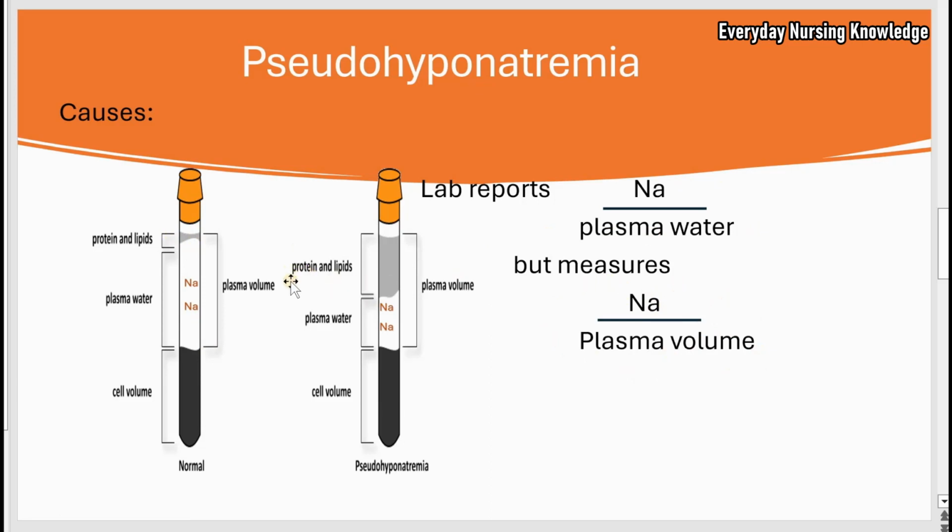But what happens if there's a significant increase in proteins and lipids? You can see the plasma water and plasma volume are not the same in this condition. And what the lab measures is sodium in plasma volume, which is significantly higher than plasma water. So remember, the plasma volume is significantly high. The denominator is much higher than what should actually be reported for the plasma water. And as a result, if the denominator is high, when the lab measures, the sodium reads low and it will report as a false